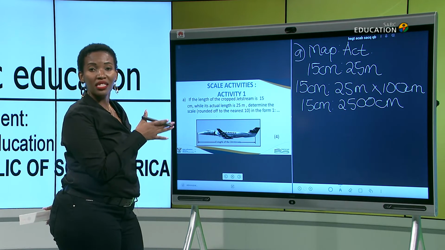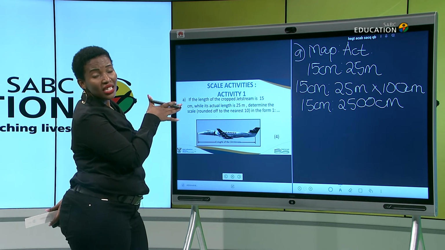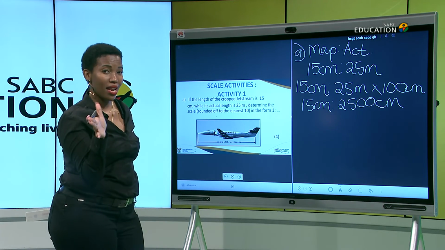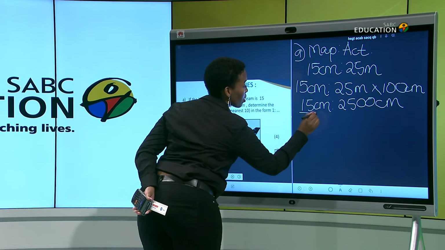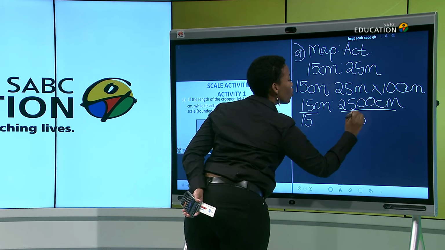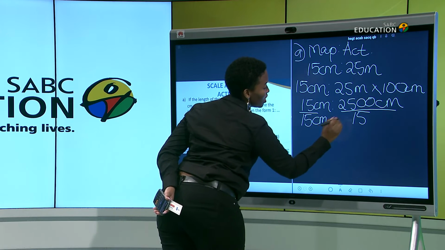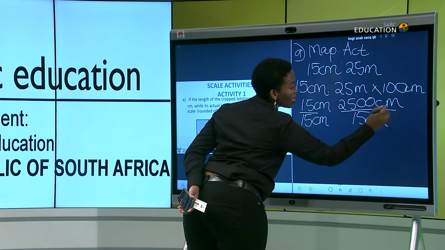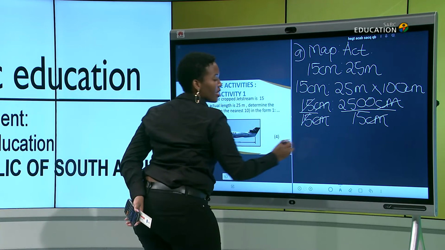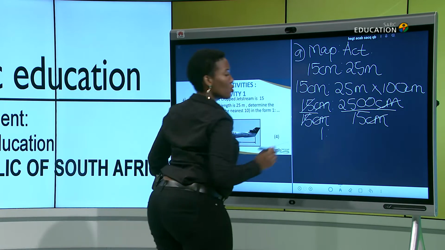Is my scale in its simplest form? No. So I must still simplify it. I have 15 that is disturbing me. So how do I get rid of that 15 and make it a 1? I need to divide by 15 this side, and then divide by 15 on the other side. But it has to be 15 centimeters because we want the centimeters to cancel. So 15 and 15, they cancel. You have 1 is to